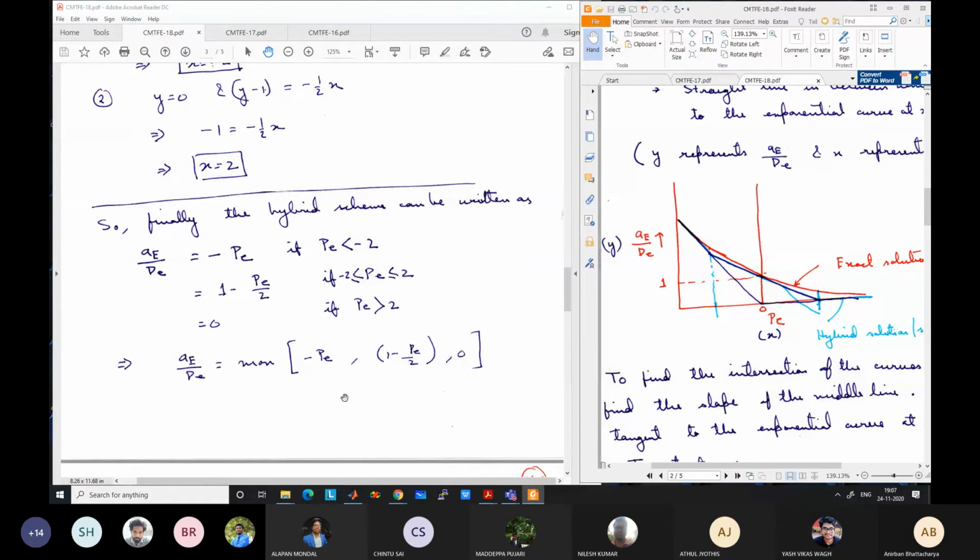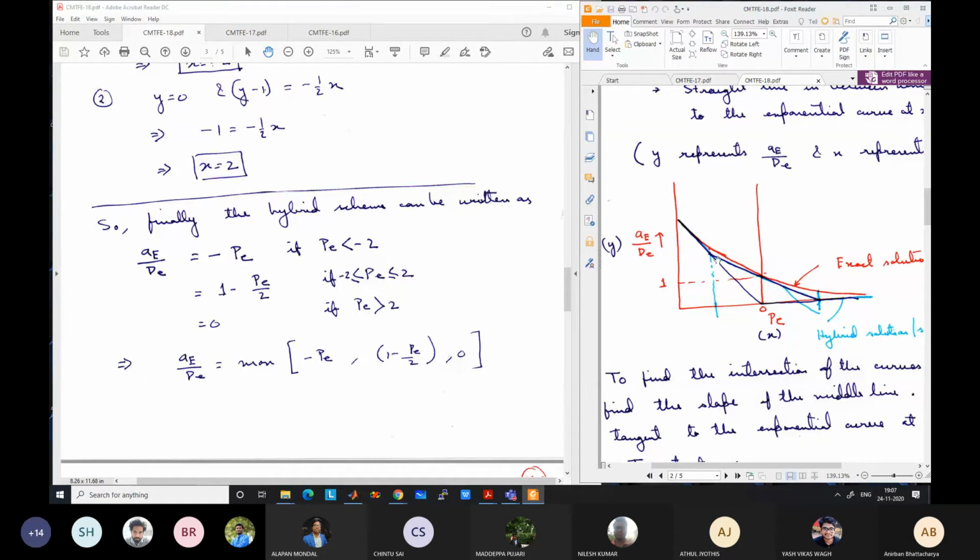Okay, you can just check that depending on the values, you will get one of these three conditions correctly. So if p is less than minus 2, the maximum is the first term, minus p. If it is between minus 2 and plus 2, this is the maximum. In the other case, this is the maximum. Okay. From the graph also, it can be seen that if you just extend these lines, beyond minus 2 on the left hand side, the highest value is given by this line.